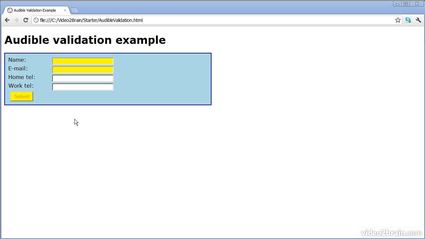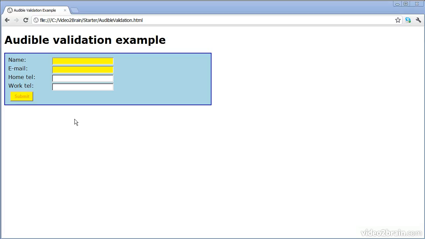When you create an HTML web page, you often include client-side validation to check what the user's entered before you submit it to the web server. So for example, if there are any text boxes that the user forgot to enter, or if they entered it incorrectly, you can run some JavaScript in the web page to check it locally before you bother sending it back to the web server. And if there are any errors, you might display a warning triangle or a text message